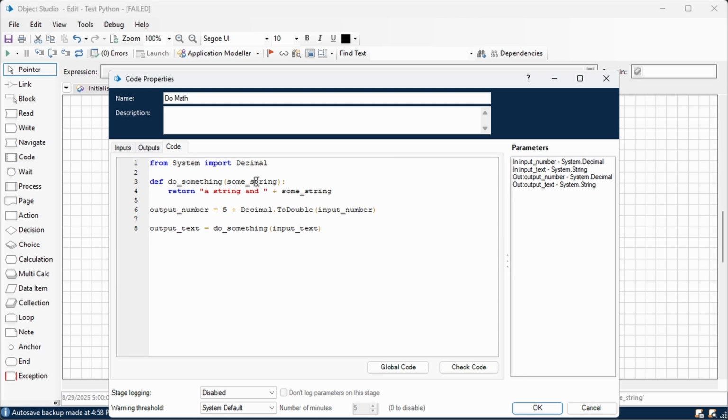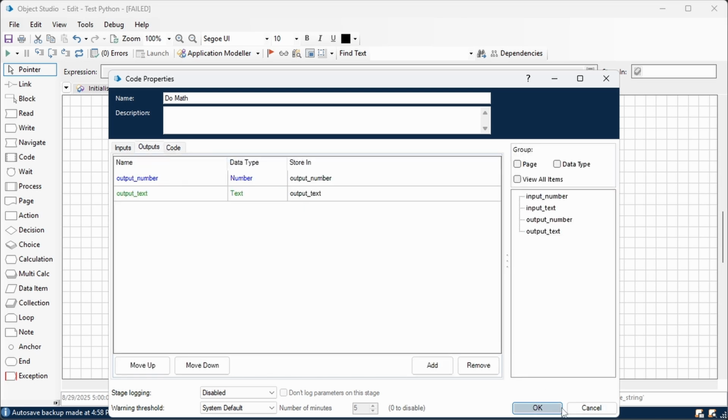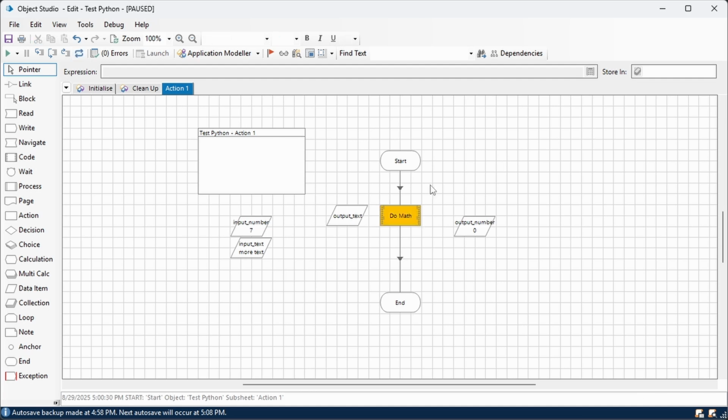All right, so we pass that into here. It goes there, then it returns back to us into here, and then goes out the output. Okay, so I haven't missed anything now. Okay, so we got our text output. That looks good. Now let's go into the code stage, do something a little bit more complicated